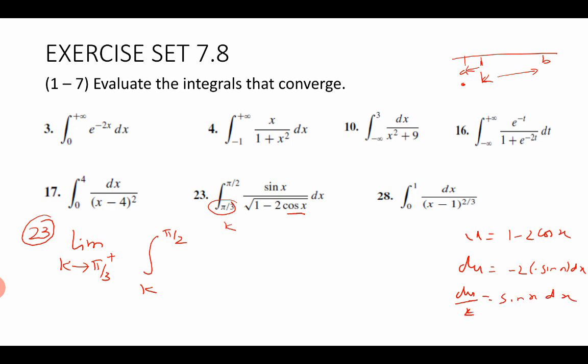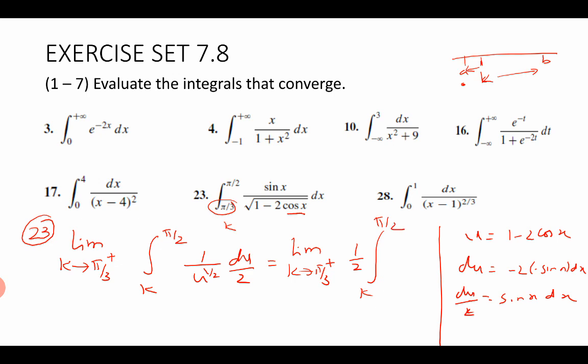What's going on here? Why is this an improper integral? There is no infinity on the limits. And the next question is whether, at the lower limit and the upper limit, the function is continuous or not, or is there any point between pi by 3 and pi by 2 where the function is discontinuous. Let's check. When you substitute pi by 3 here, cosine pi by 3 is 1 by 2. So 1 by 2 into 2 will be 1, so 1 minus 1 is 0, the denominator will be 0, the function will be infinity, isn't it? So the lower limit has a problem.